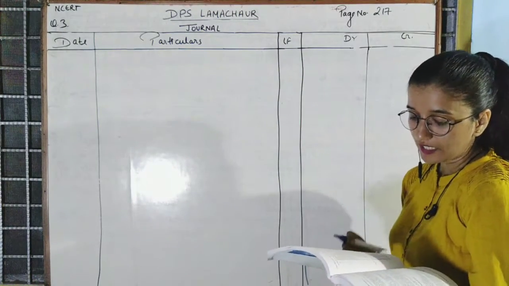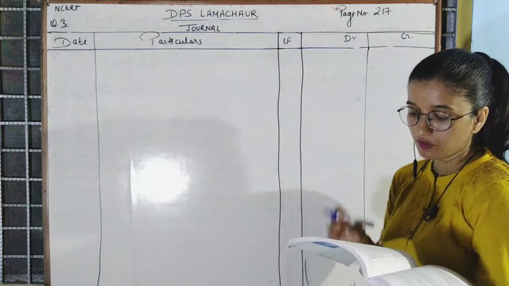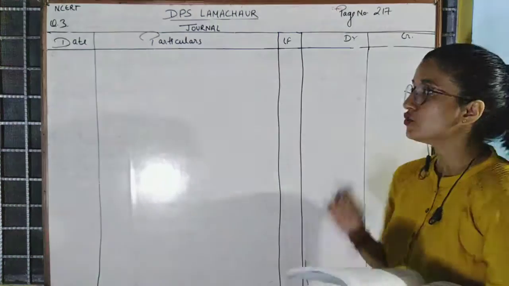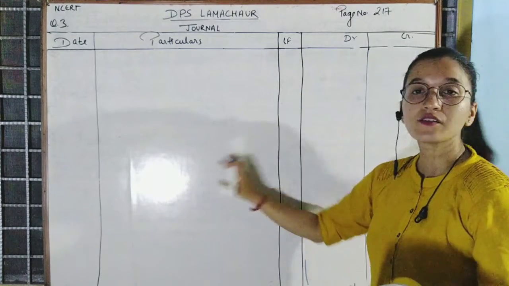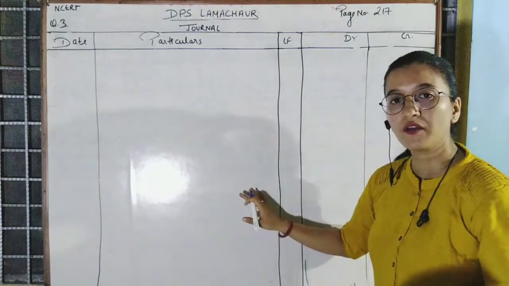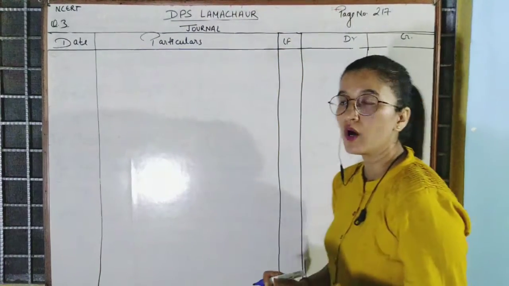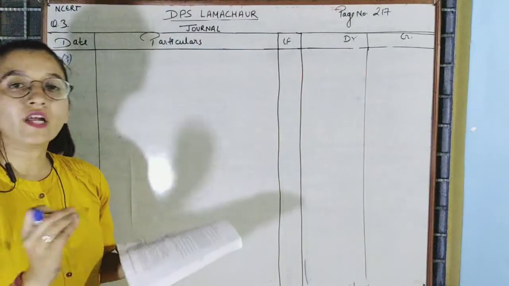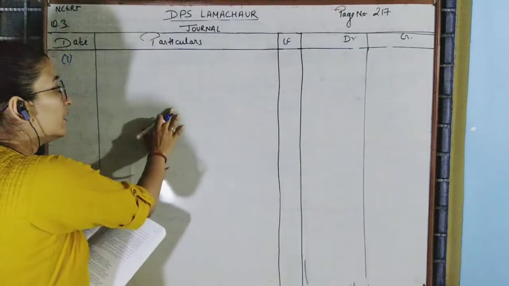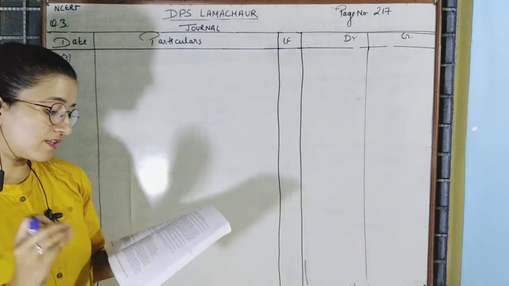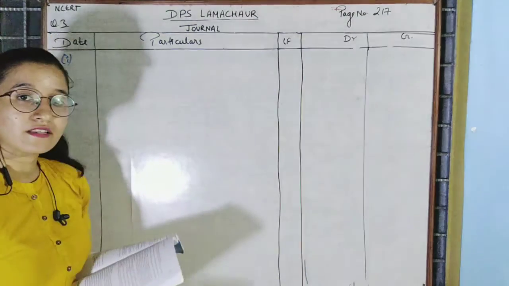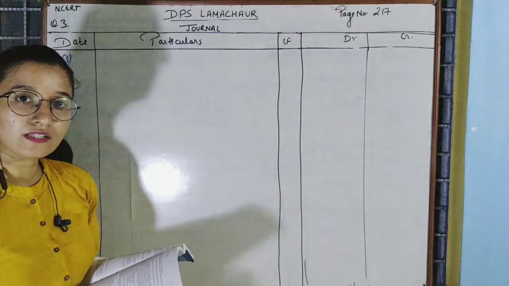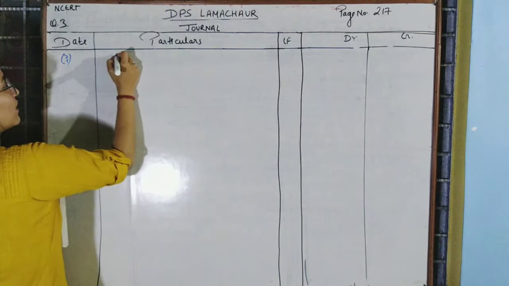First is credit sales to Mohan 7,000 were recorded as 7,200. So sales were made to Mohan for rupees 7,000, but it is recorded in the book as 7,200. So there is an error of 200. So now the correct entry for this transaction is Mohan account debit to sales, but here Mohan's account is debited with 200 extra amount. So now to rectify this error, we will credit Mohan's account here.